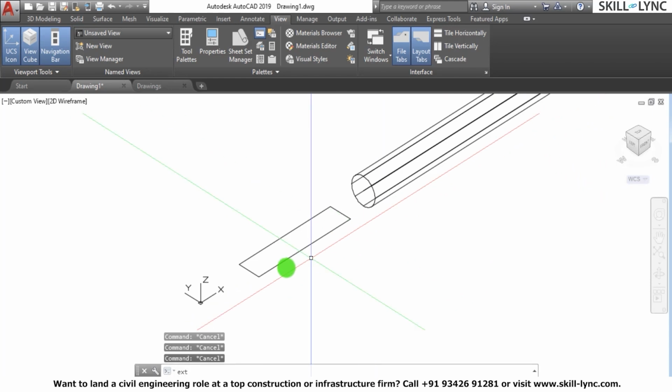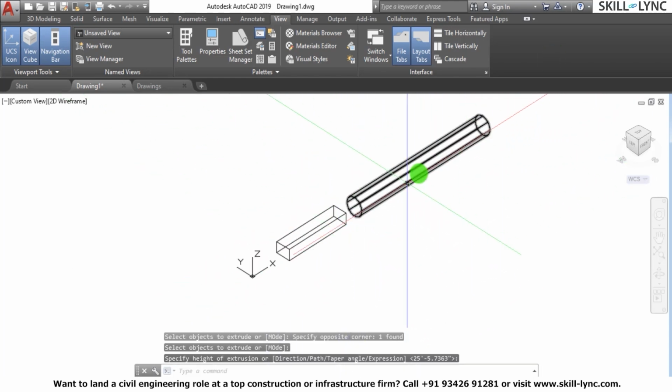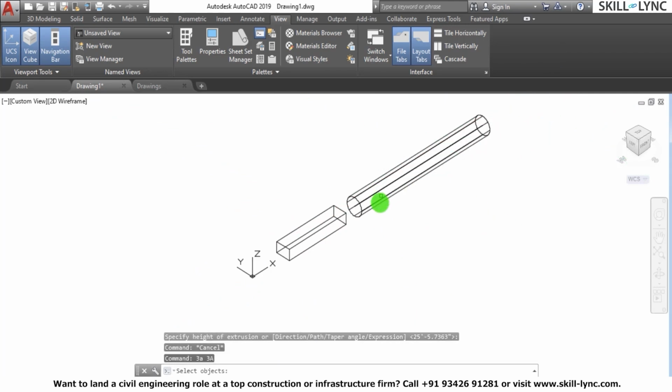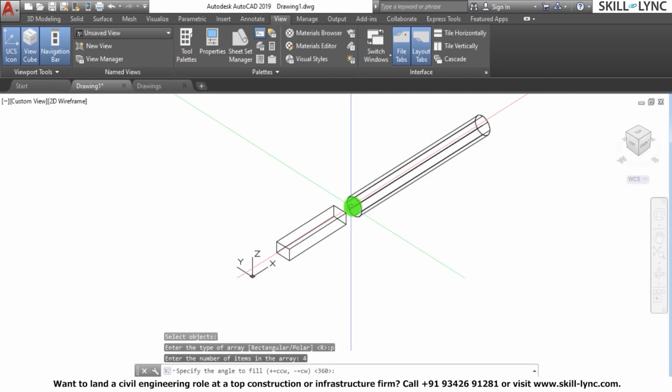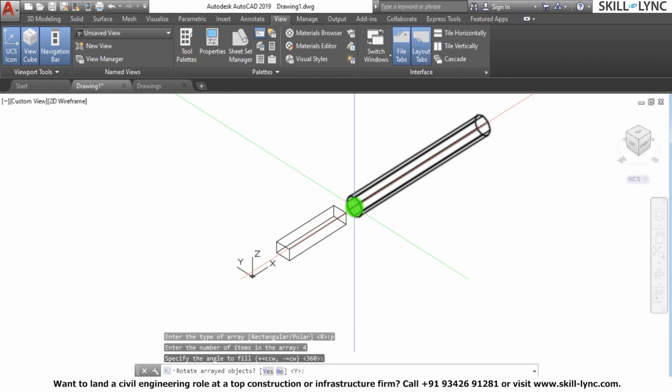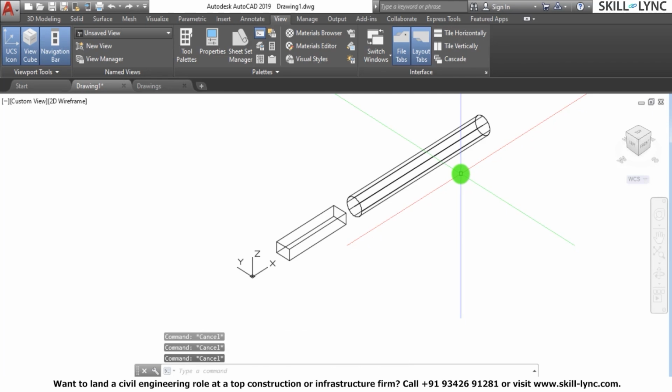So now let's say if I want to extrude this particular object in this particular axis, so I can go with 3D array and select this object and say polar, and I take number of items 4. I take this as the axis, yes, and this as the axis, and the second point of the axis. So you can see, let me have the axis again. So what is happening exactly is,